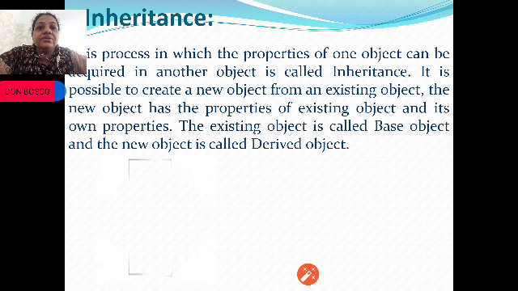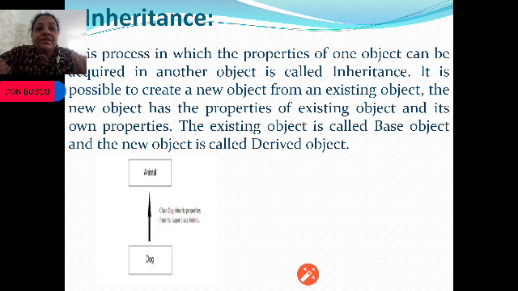What is inheritance? The next concept of object oriented programming is inheritance. Inheritance means, imagine we already have an existing object. I require some of the features of the existing object. Now, when I create a new object, I can make use of the existing object's properties. I can inherit the properties which are available in an existing object to a new object.